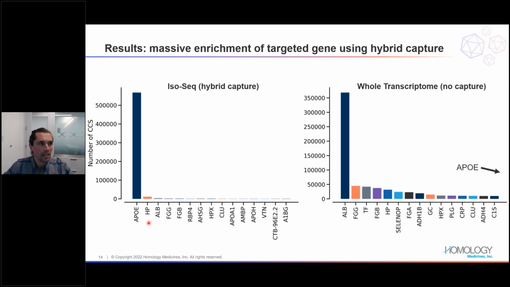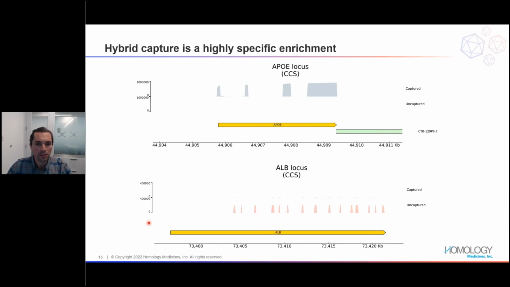I say this because it's something to really keep in mind when you're designing your probes for a particular gene, or a particular cDNA, that you're trying to capture. It's not necessarily a problem, but you just want to be aware of any off-target capturing. And so here's another view of this.